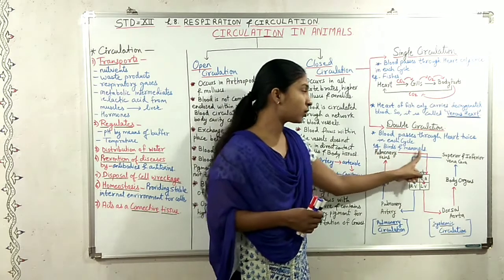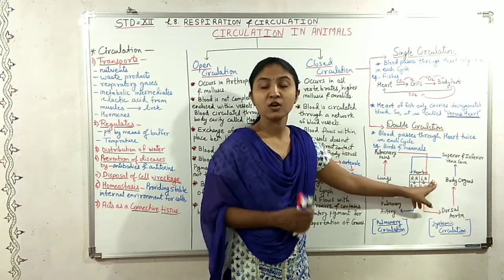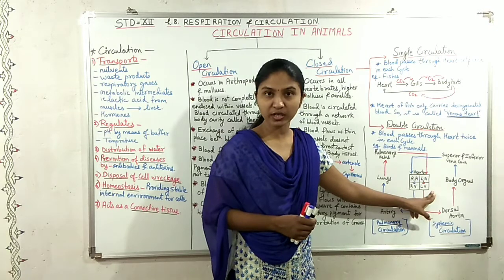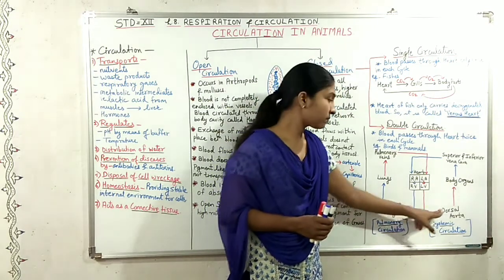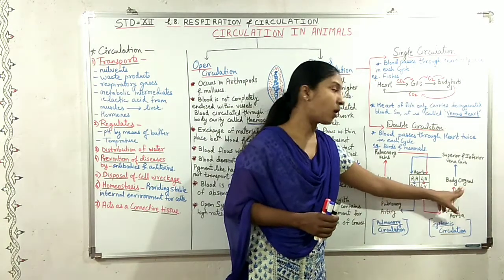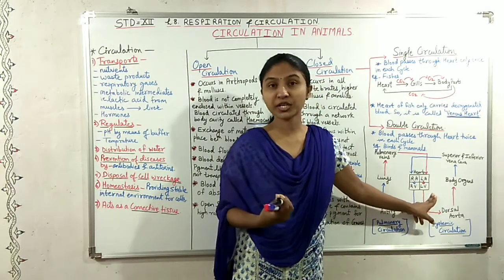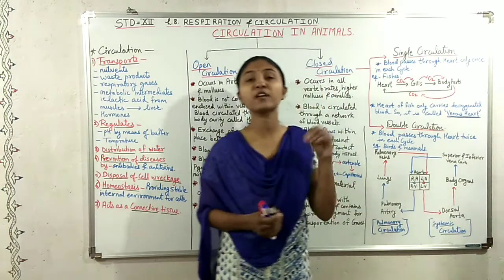Pulmonary veins bring the blood to the left atrium of the heart. From the left atrium, it is dropped down to the left ventricle. From the left ventricle, it is pumped out through the dorsal aorta to the different parts of